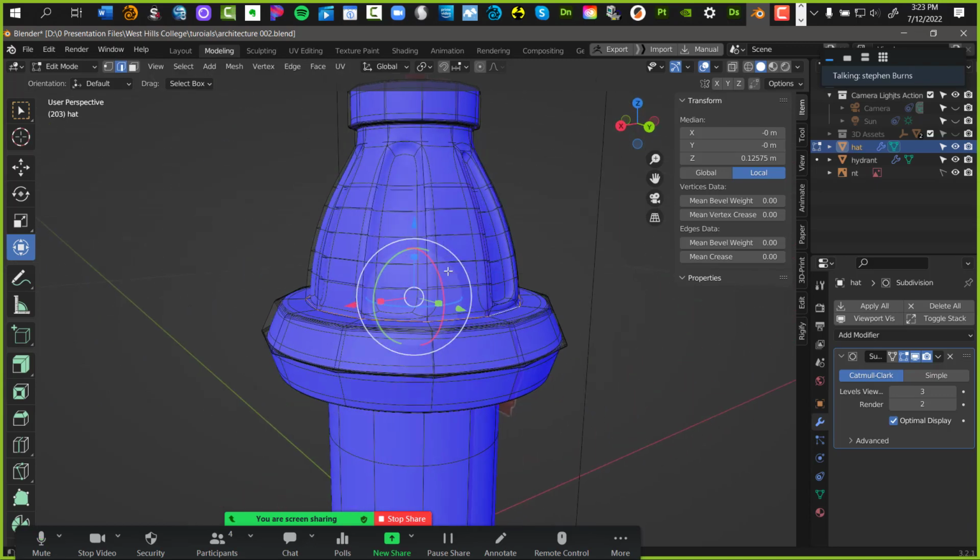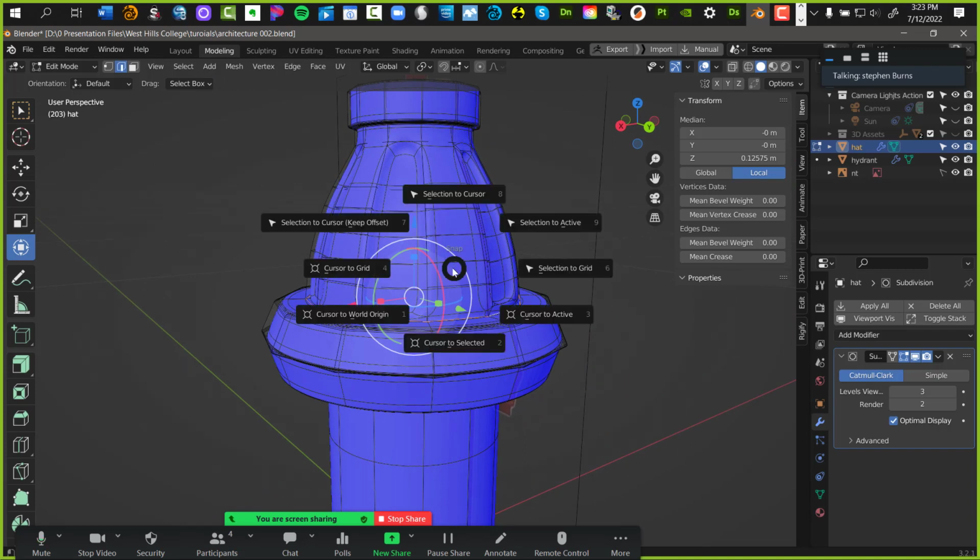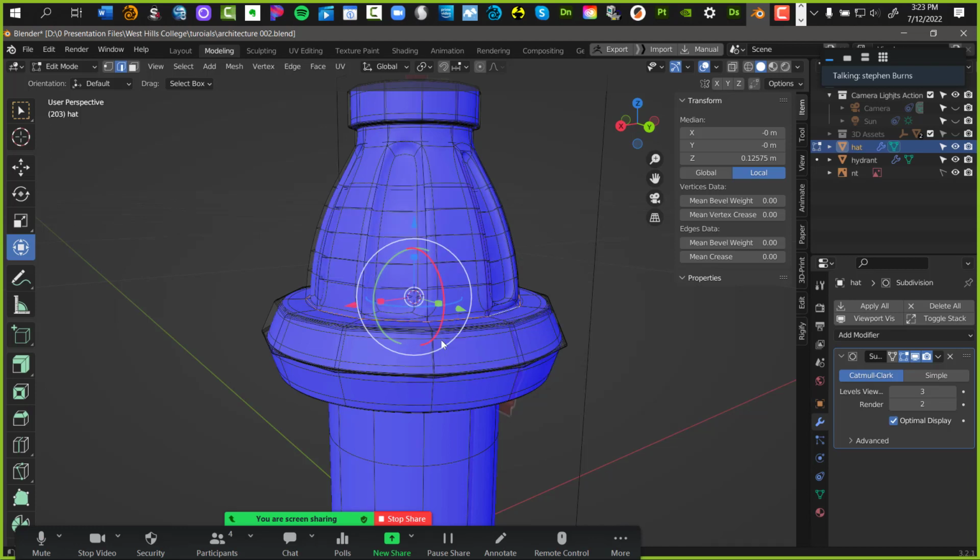Shift S, and I want the 3D cursor to select it. When I click it, it jumps there on that selected point. Once it's there, it just makes my life easier as to where I'm going to put objects. Okay, I'm going to put a bolt there.